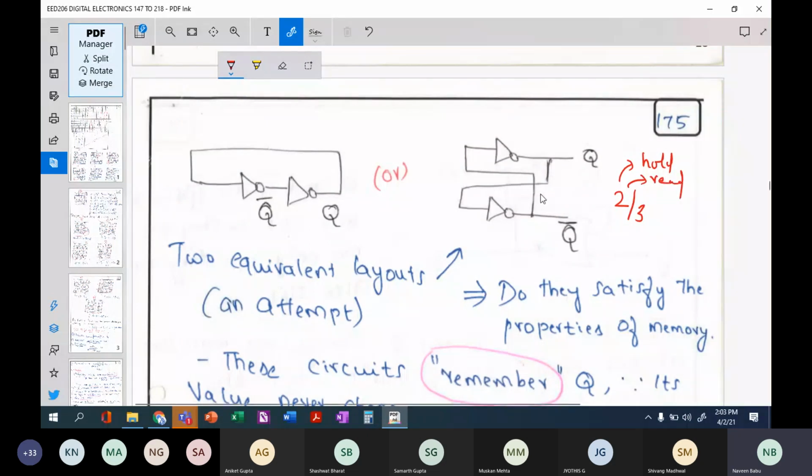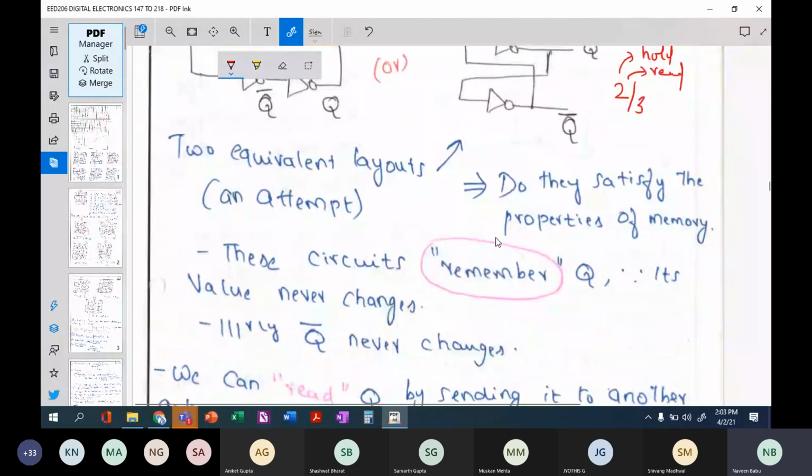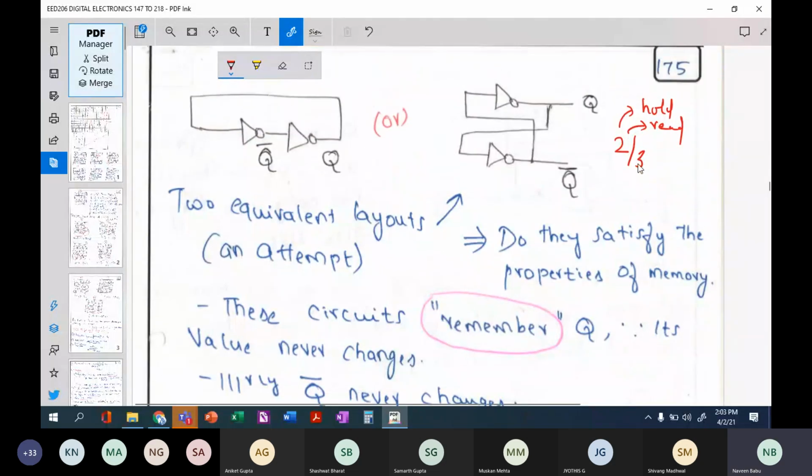So we took an example of a single bit circuit, and then we designed this simple circuit. What about the third characteristic, which means how do you change the value? In order to change the value, we should not use a NOT gate, because a NOT gate has only 1 input and 1 output. If we can have a gate which has 2 inputs and 1 output,